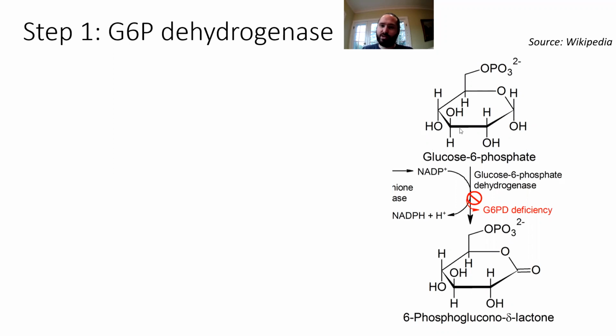This is carbon 1, 2, 3, 4, 5, 6. And now it'll have 1, 2, 3 bonds to oxygen. So we do have an oxidation. So when we oxidize the anomeric carbon of glucose 6-phosphate, it becomes no longer a reducing sugar, first of all. And second of all, we will also use the electrons that we gain from oxidizing that bond to reduce NADP